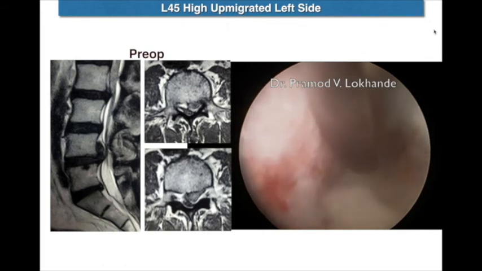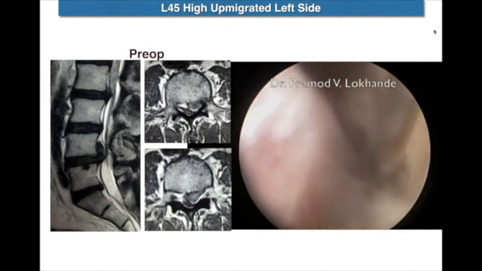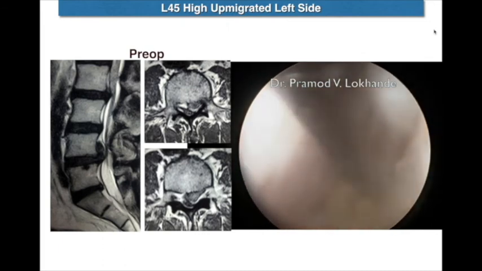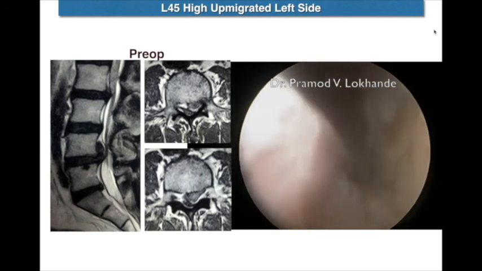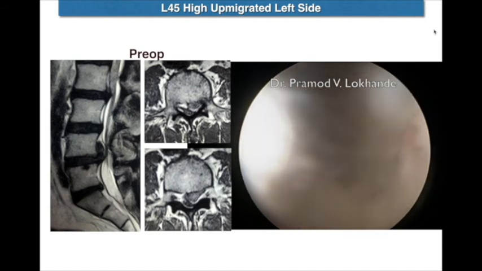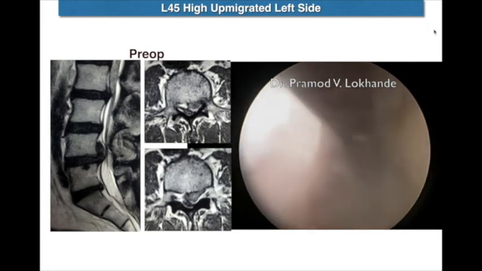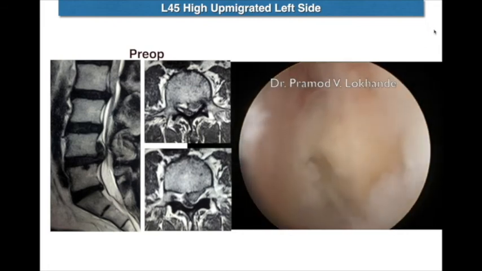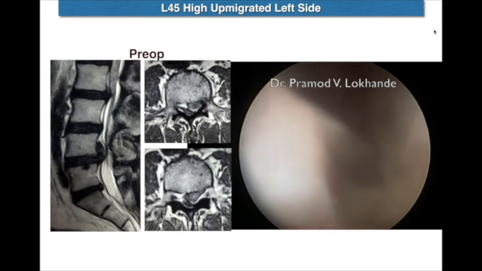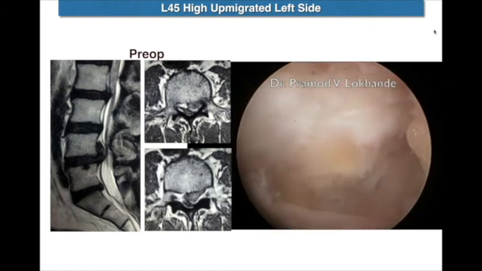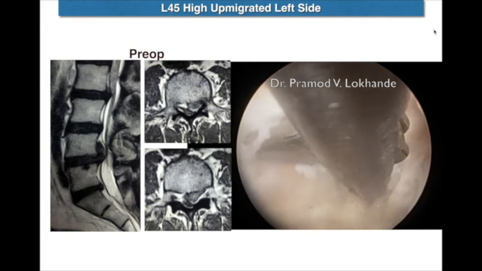Drilling is started, done with the help of a 4 mm oval burr with a side protection. It is always done under very high magnification. The tip of the instrument needs to be always seen so as to avoid any injury to the neural structures. Once the facet resection is done,